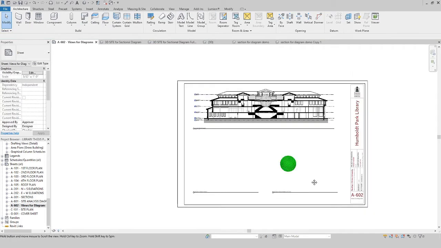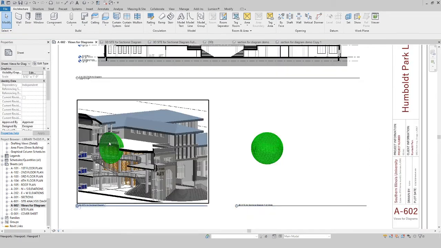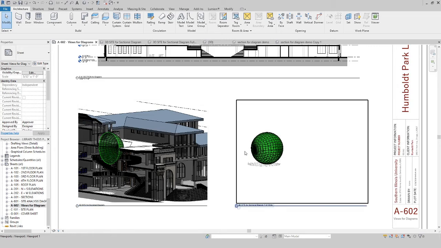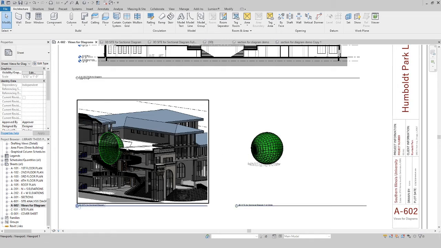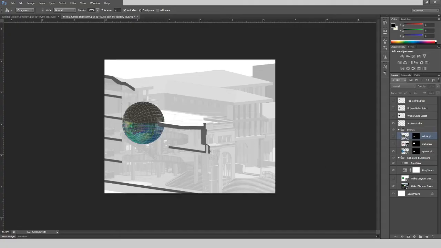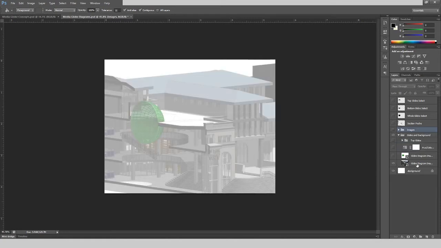Now when I bring this into Photoshop, I have the sphere, and then I know where to place this one. I'm going to bring it right over the top in Photoshop. So going into Photoshop, you'll see the layers I have going on here, and we'll just turn these off: my base image. On the base image I made the opacity about 40% to just not have it